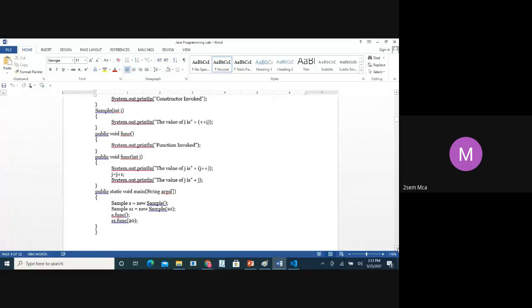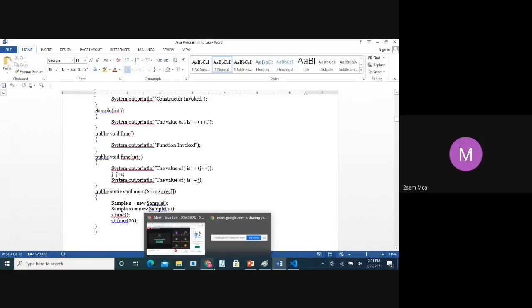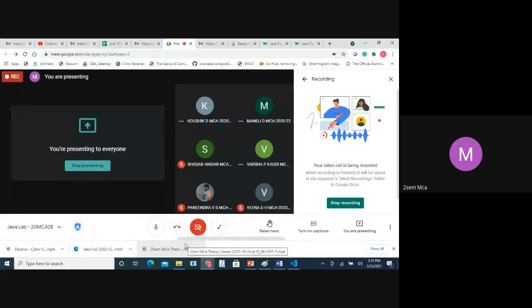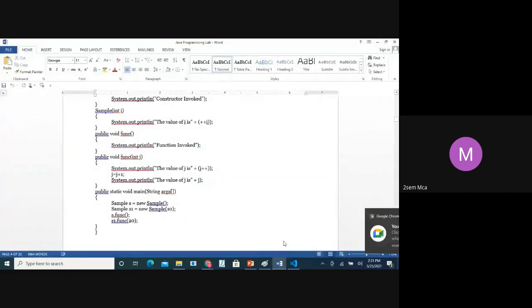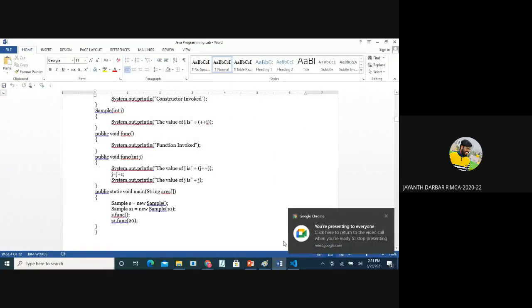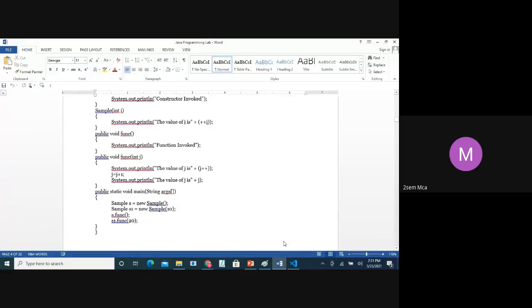Sushmita U. Who is present? Without name, if you say. Manoj is present. Sushmita is present. Charan. Two absent. Okay.